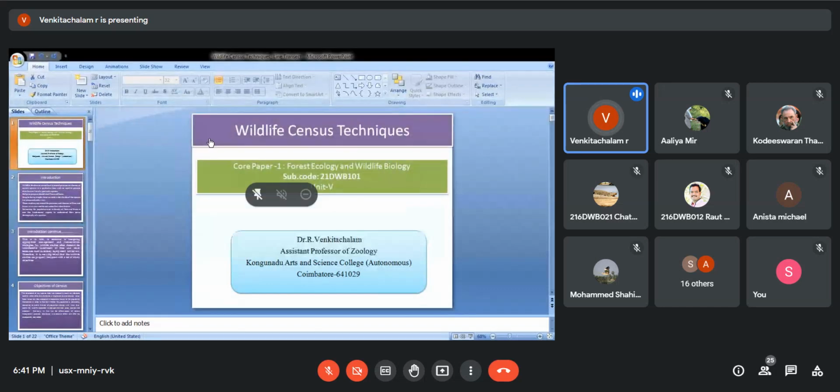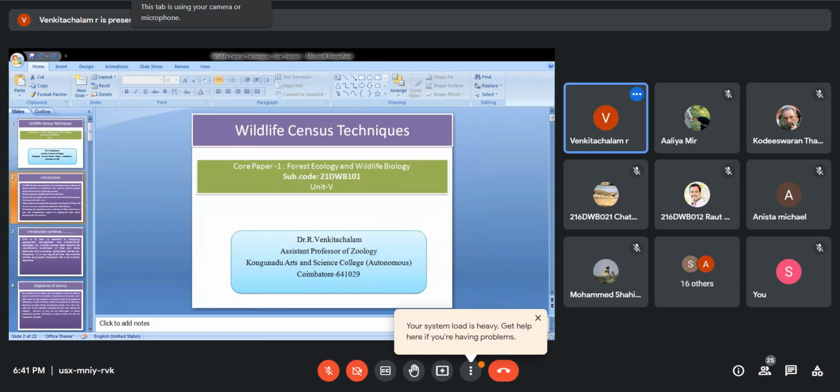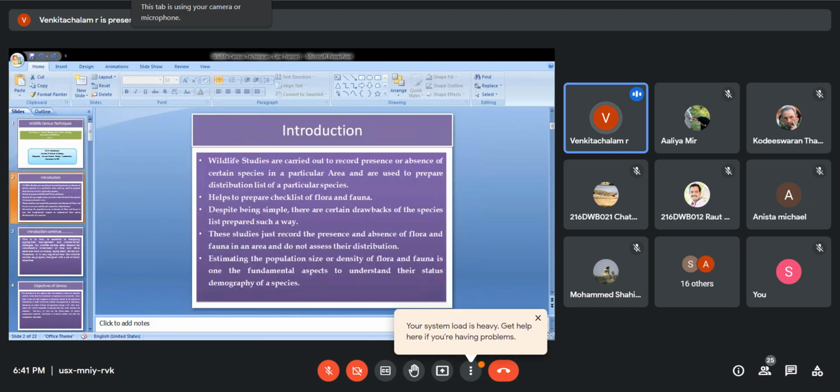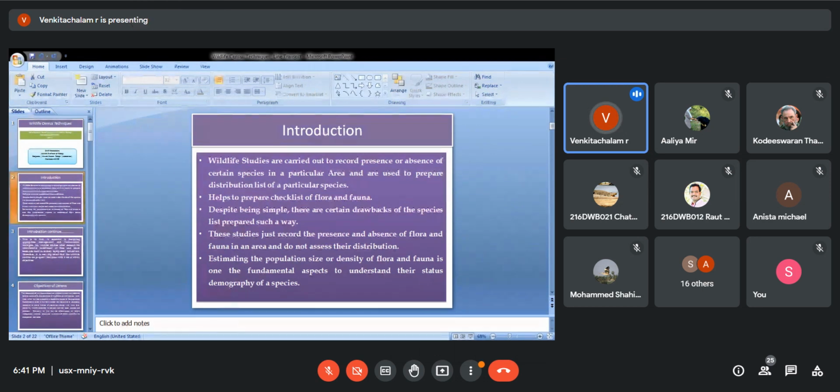See about wildlife census in core paper 1, forest ecology and wildlife biology, in unit 5. Actually, I am covering unit 5, and the rest of them are covering the rest of the units in this syllabus. And well, actually now only we are entering into the major portion of this wildlife